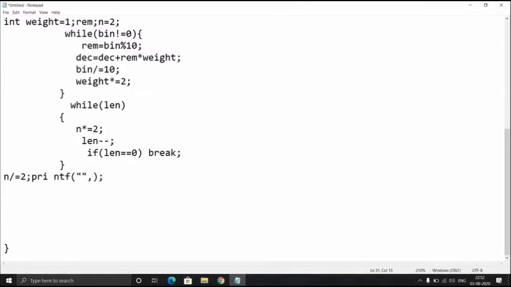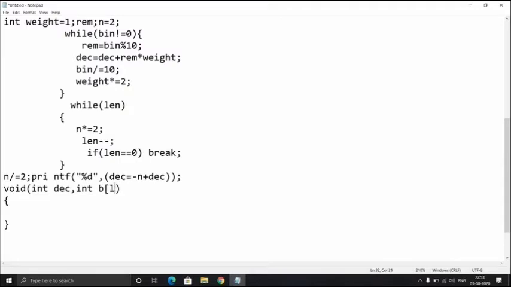Okay, you can see n divided by 2 refers to if the MSB bit is 512, it will be divided by 2, and it will be subtracted from the other weightage. I'm going to print this output. As you can see, decimal equals minus n plus decimal. If the decimal value is 120 and the n value is 128, then it will be minus 128 plus 120, which will be minus 8.